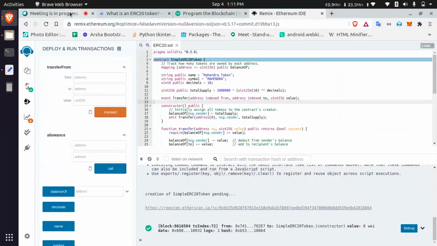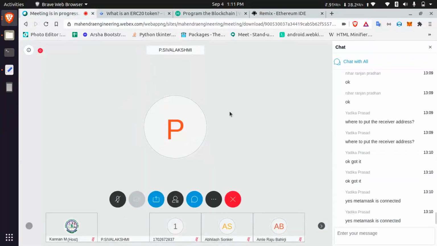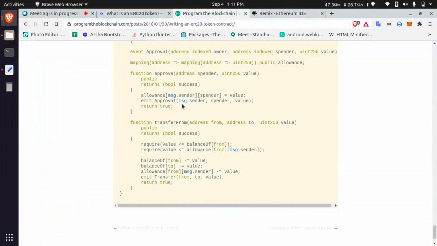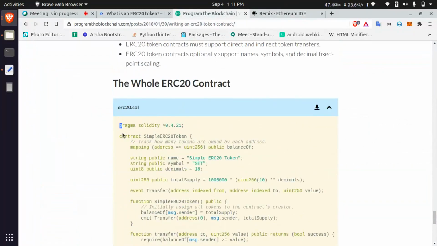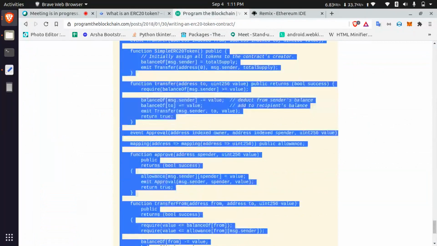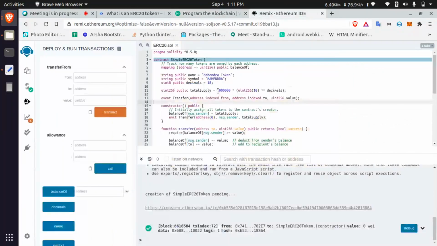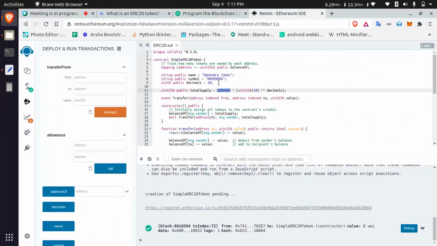Actually, what I did was, sir, you told me to try for having our own name tokens, right? So I just copied and pasted that in Remix, and thereafter I made a change.